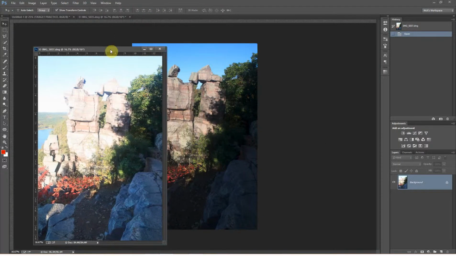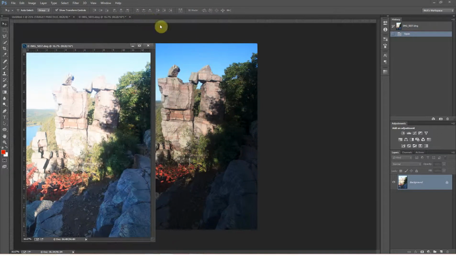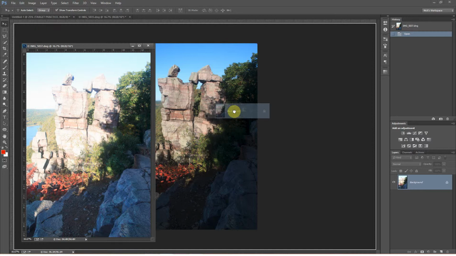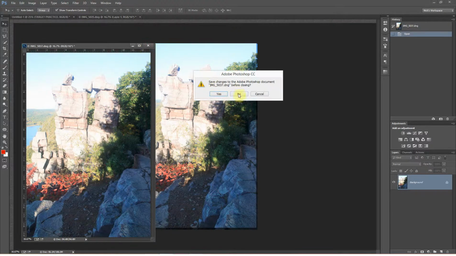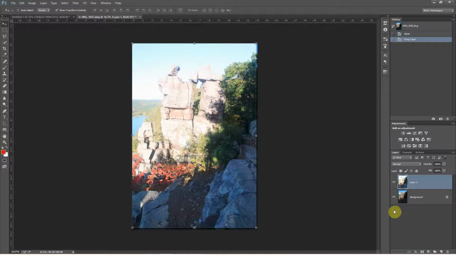So I'm going to grab this image, pull it down off of the rack here, grab this layer out of my layers palette and drag it right onto this image. So now I don't need this document anymore. I can just close it. No, I don't want to save any changes to it. And with these two images on the same